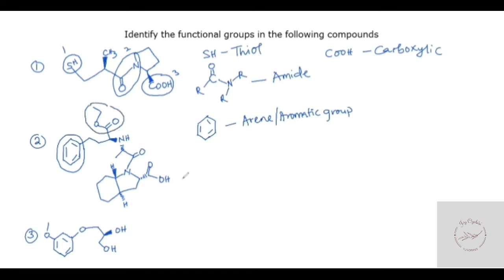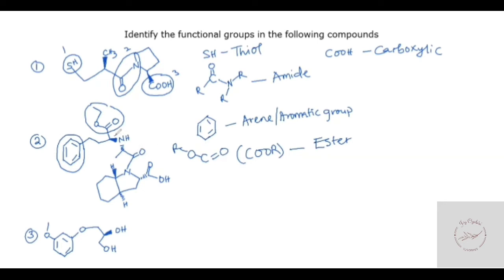So if we are to write that out, what we will see there is a C attached to O, and this O is attached to an R group, right? And then at this end, we have a double bond O. And we can write it out this way. And this is called an ester. So that's an ester functional group.